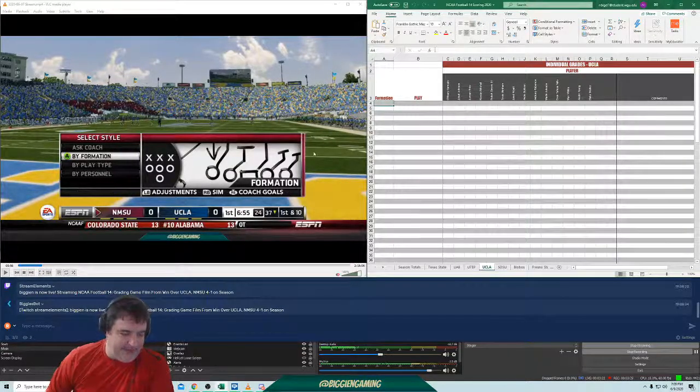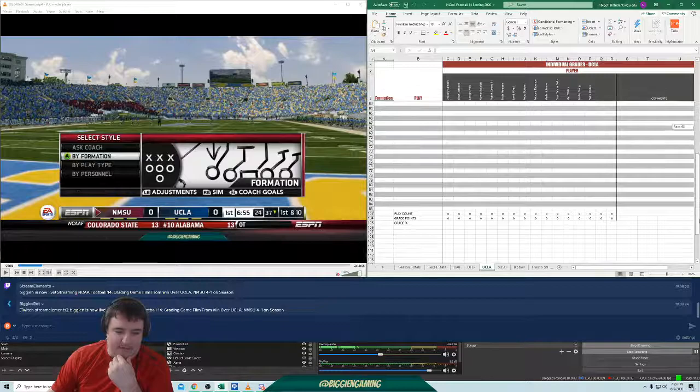What you're seeing on the screen is a recording of the film from that stream. That's what we're going to use to grade. And here on the right is an Excel file. Now, this is what I used when I was grading players as a position coach per game. Okay, I have left myself enough space to grade all 80 plays if I so chose. Okay, so I always had to make sure I had enough rows to grade with.